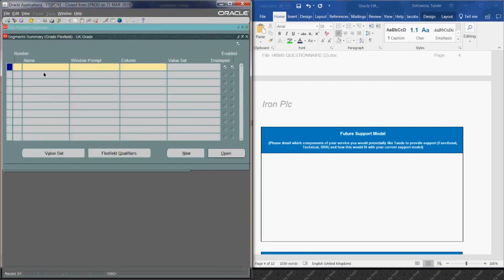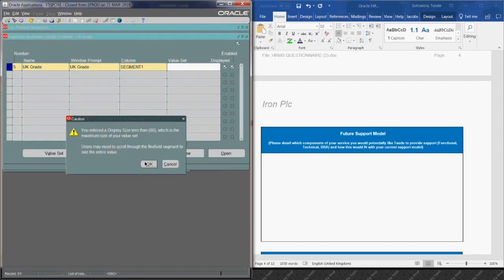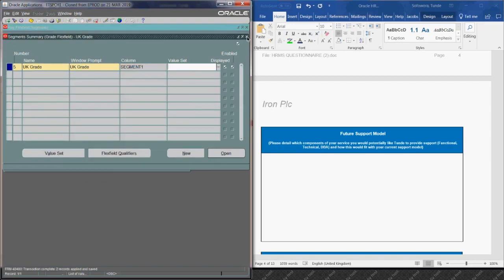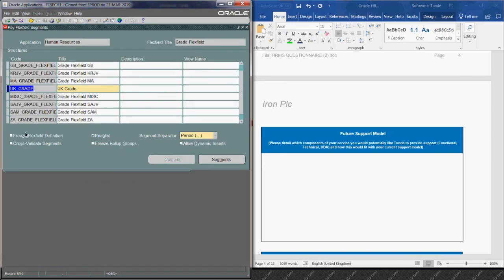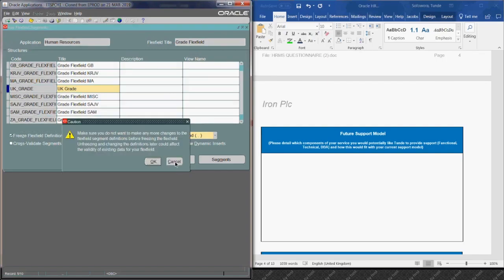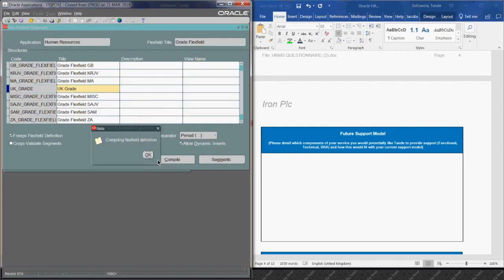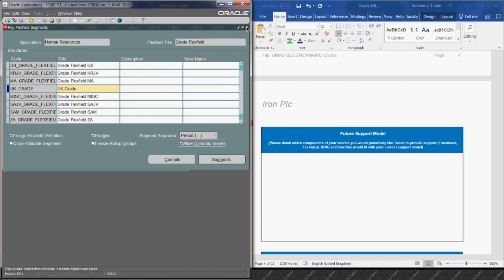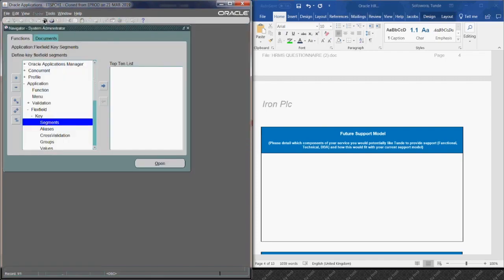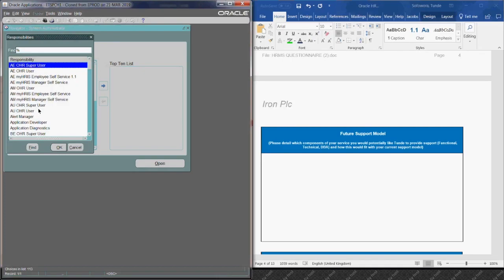Grade. Go to segments. Just add something there for now. UK grade. Select this segment 1. Save. Okay, freeze. Allow dynamic insertion. Then save again or compile. Yeah, it compiles itself anyway. Okay, so once you've done that, then you will be able to go to